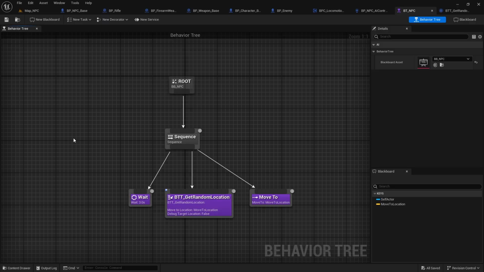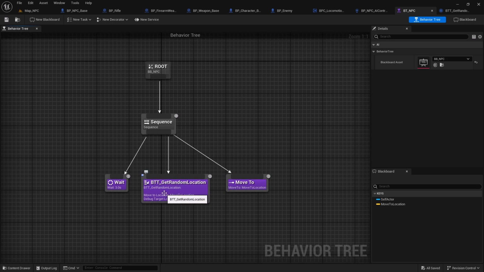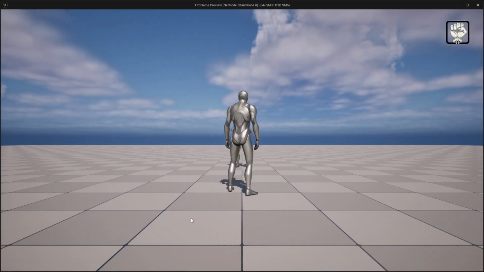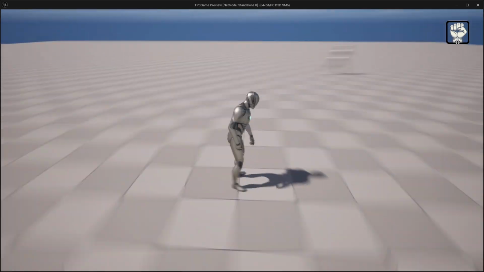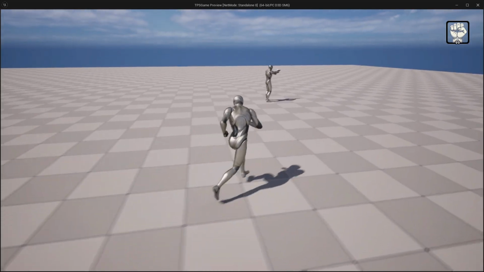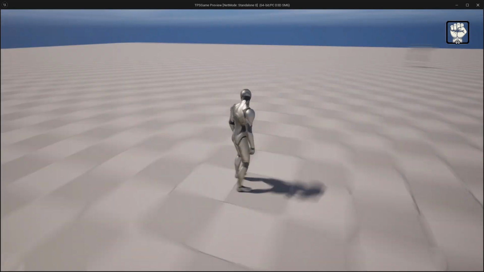Hello everyone. So at the previous tutorial we stopped at here, right? We can move our NPC character to a sort of random location, right? So if I show what we have currently, something like this. Okay,